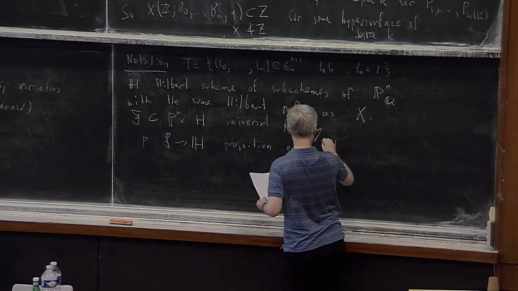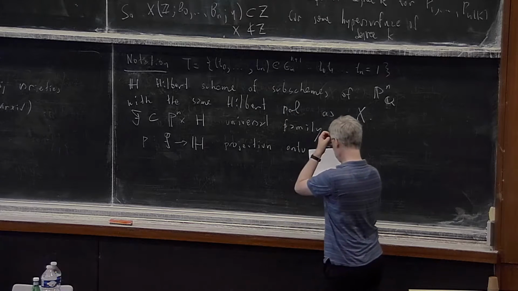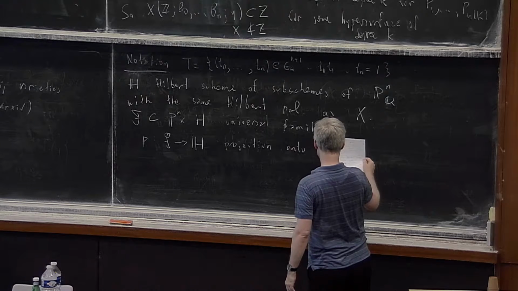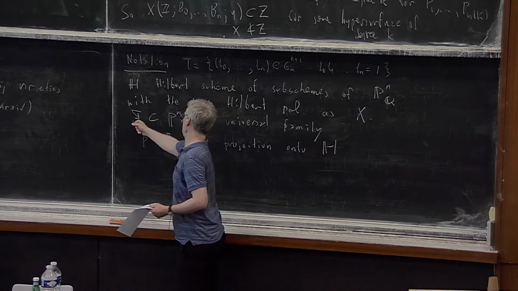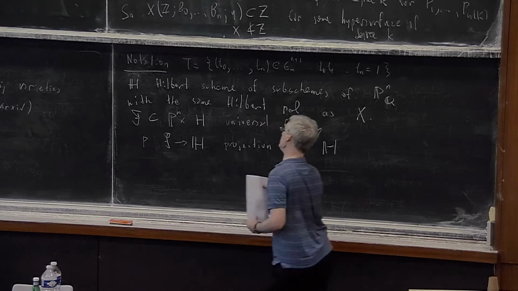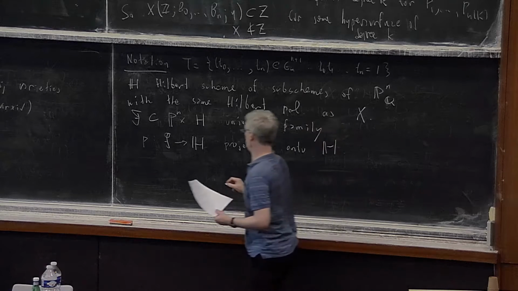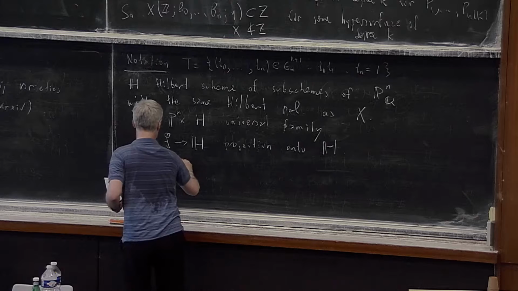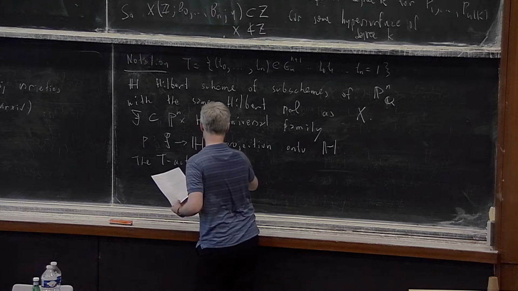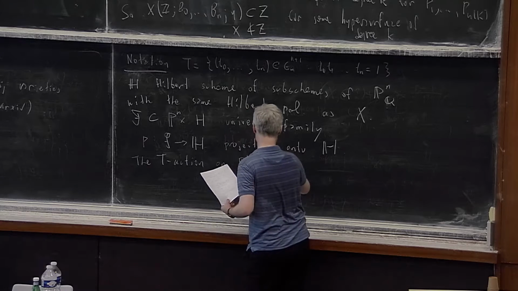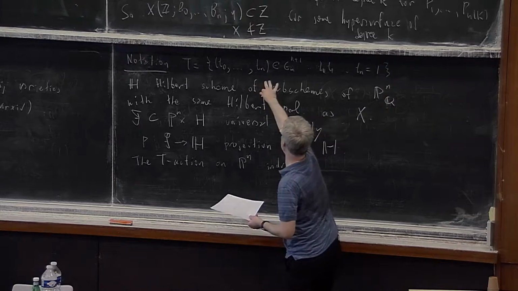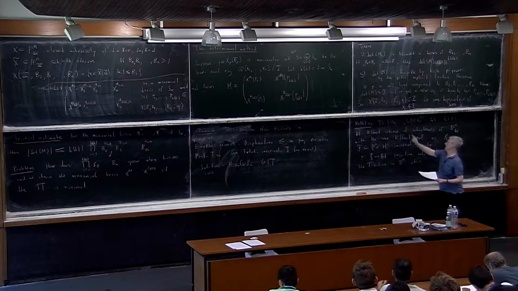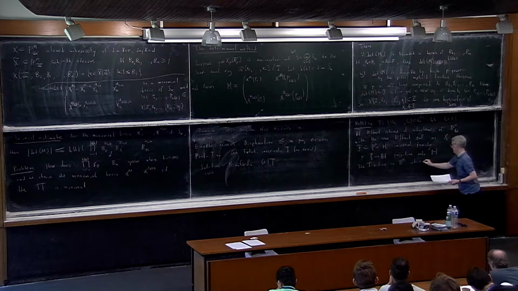onto H. And now the point is the following: the T action on Pn will induce an action on F. It will also induce an action on the Hilbert scheme. So the T action on Pn here is an obvious action. You just multiply each coordinate by those, coordinate by coordinate. This torus then induces T actions on